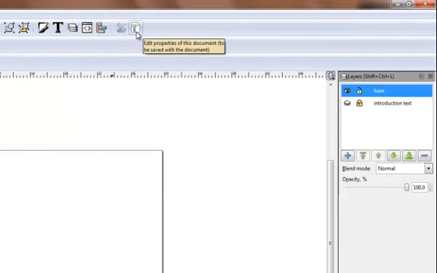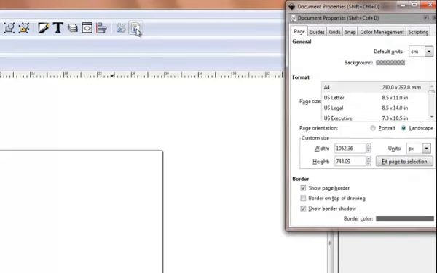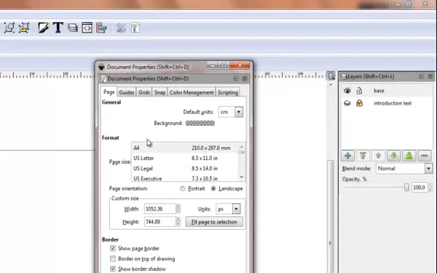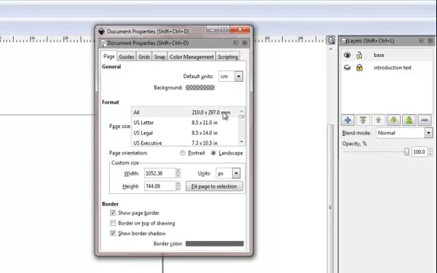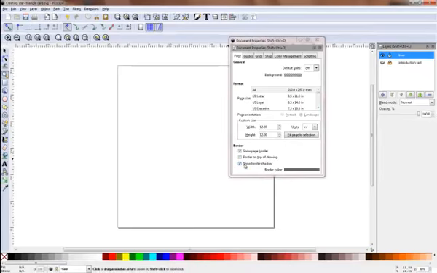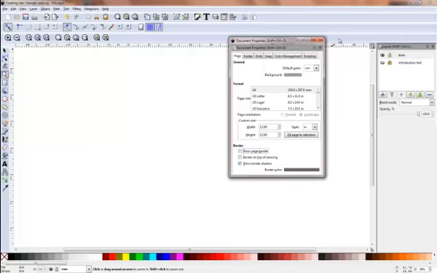There are a couple of ways you can do this. You can either click on this button here and it'll edit the properties of the document. So here you can see I'm working at A4. I'm actually eventually going to cut it from a piece of 12 by 12 paper. So just to make that sorted, I'm going to come down here, click on inches here. I'm going to leave the default to centimeters because confusingly I'm going to work in centimeters. But just to set the page for later on, I'm going to say 12 by 12. And that will now set the page so that it's a 12 by 12 page when I come back to it. I'm actually just going to switch it off for the moment so it doesn't cause any more confusing lines,